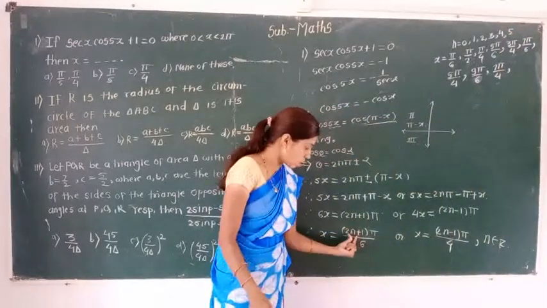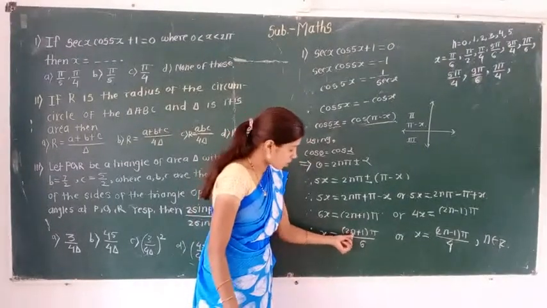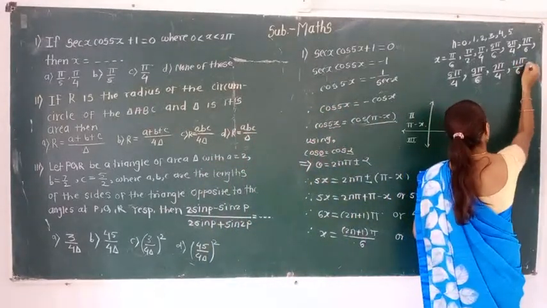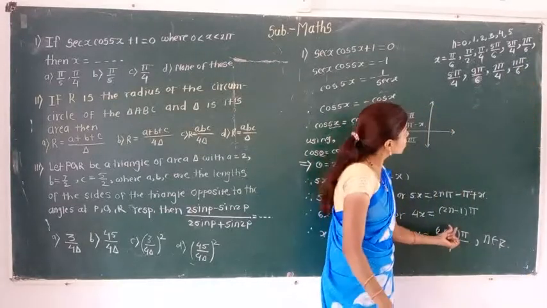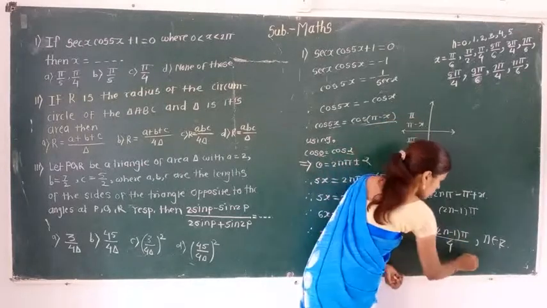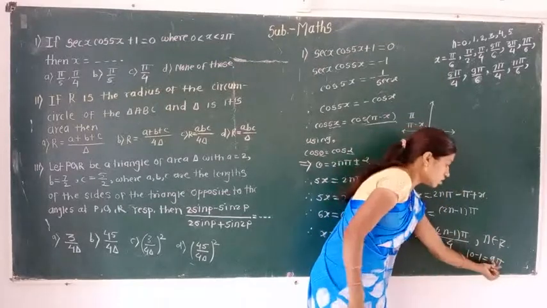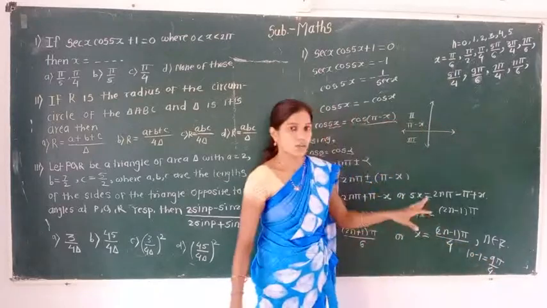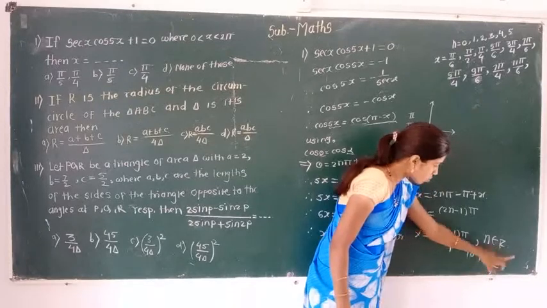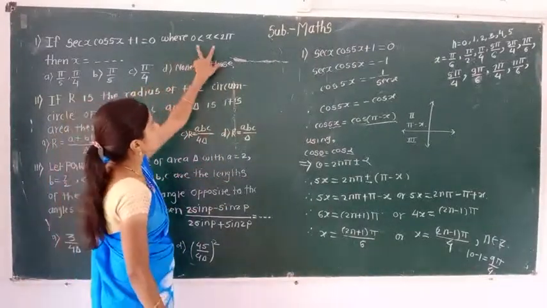By putting 5 we get the values here. 2 5s are 10, 10 plus 1 is 11, 11 pi by 6. Okay, now the same integer put, 5. 10 minus 1 is 9, 9 pi by 4. And see here, the ratio of these two terms is 2 point something, 2.2 pi. But we know that this value 9 pi by 4 is not included in this interval.